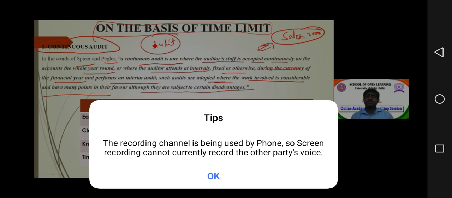So one of the biggest benefits that we get is that we are in a situation to estimate all those invoices, checking the truthfulness, correctness, and fairness of all those invoices. And apart from that, checking this point also: whether the invoices that we have created or the bills that we have prepared are correct or not, whether the